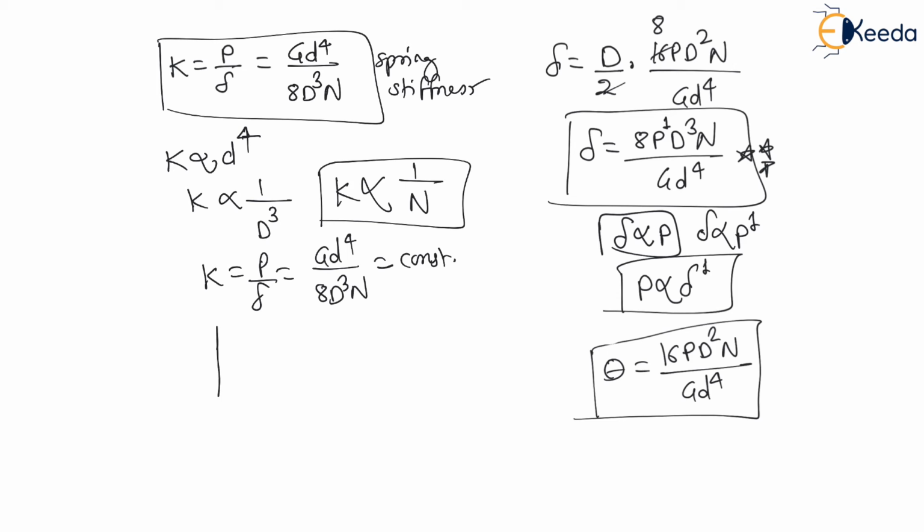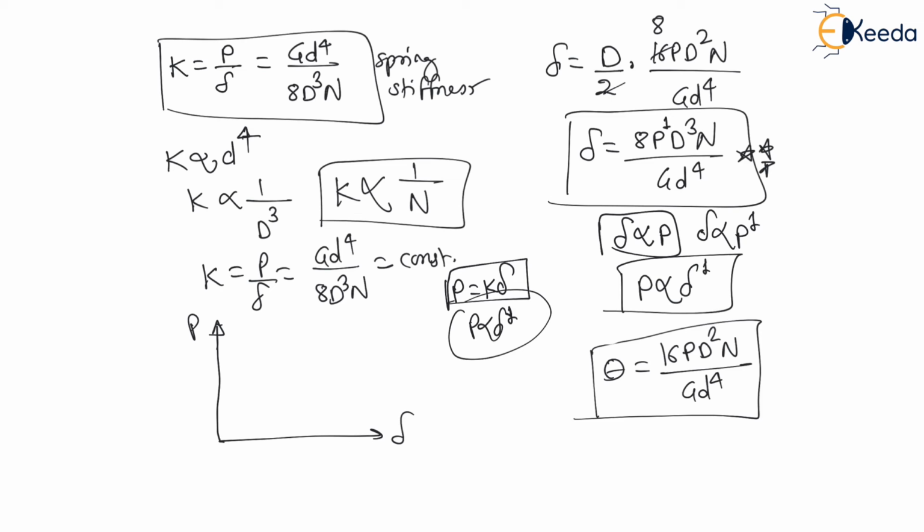Therefore if I draw the graph of force versus deformation, right? Now as here we can say force is equal to K times delta, means force is directly proportional to deformation power 1. Therefore it will be a linear graph. That means whenever force is 0, deformation will be 0, and the graph will start from 0, and it will be a straight inclined line, right? Means the slope is constant, that is K is equal to force divided by deformation, or change in force divided by change in deformation. This is always constant, right?